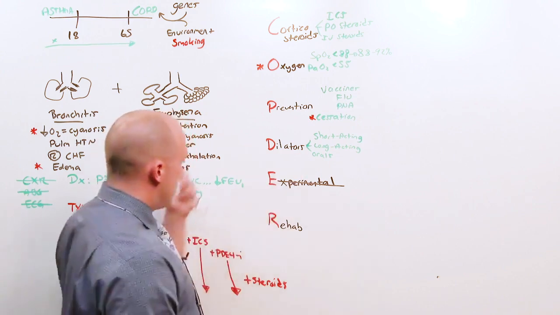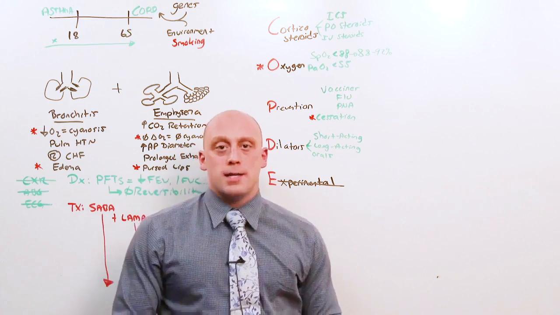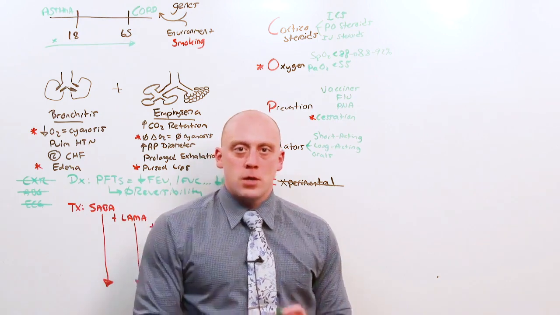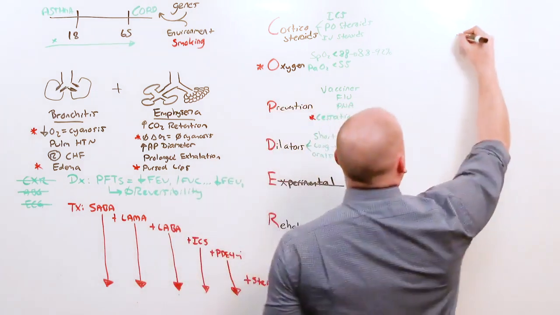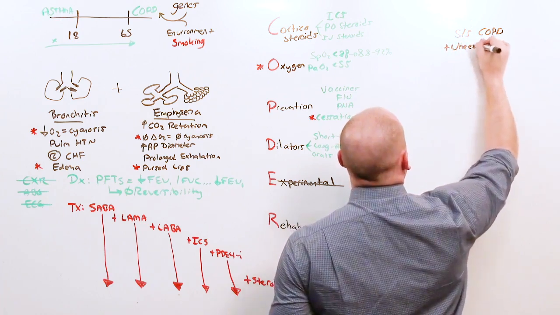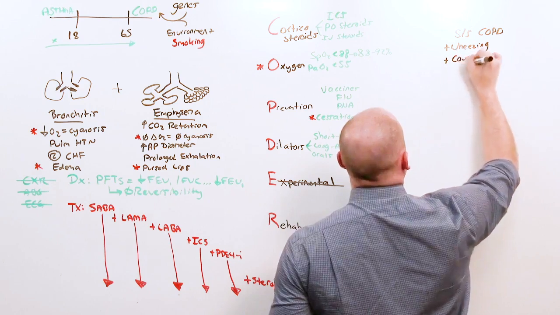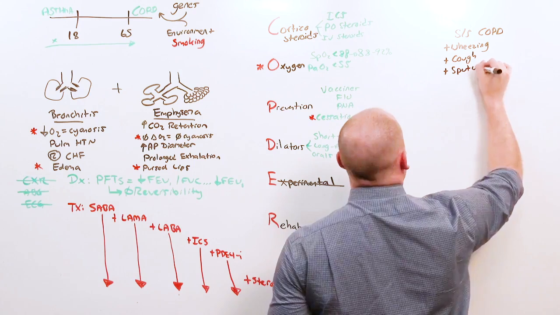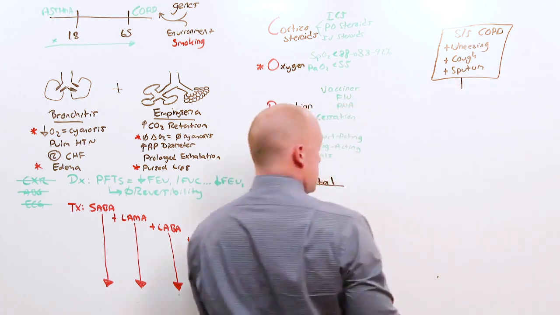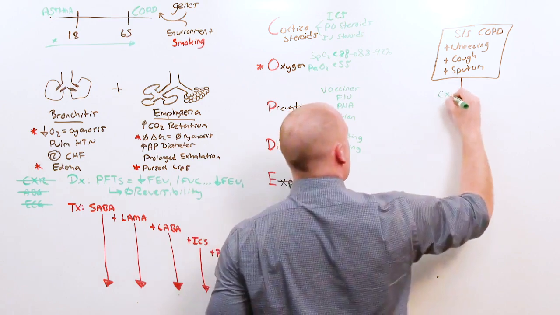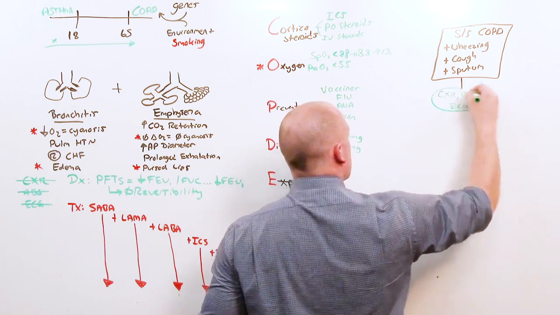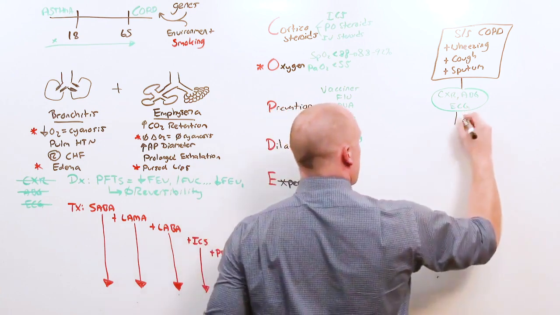So this is how you manage somebody who's got COPD, who's chronic and stable. What do you do when someone comes in with a COPD exacerbation? So someone who's got signs and symptoms of COPD is going to have wheezing, cough, sputum production. Now you want to make sure that this is a COPD exacerbation and not something else. And this is where the chest x-ray, the ABG, and the EKG come in handy. For this discussion, let's just say these things point us towards COPD.